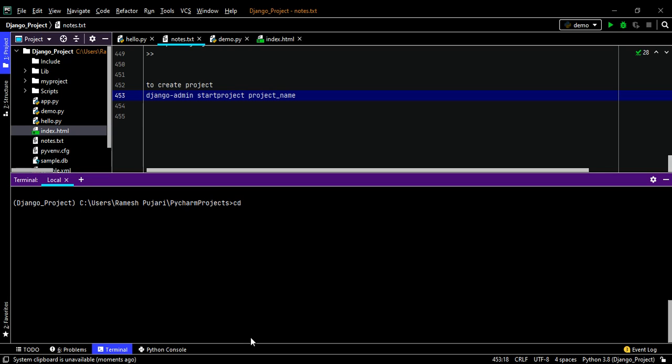Now in the next step we have to go inside the project. To switch into that project folder, we have the command called cd and the project name. When you create a project, it will create one directory with the same project name, and then we have to move inside that project directory. So now I am moving inside that project.